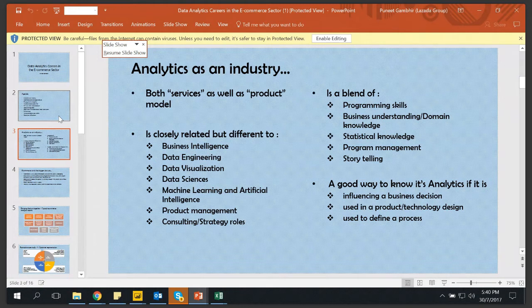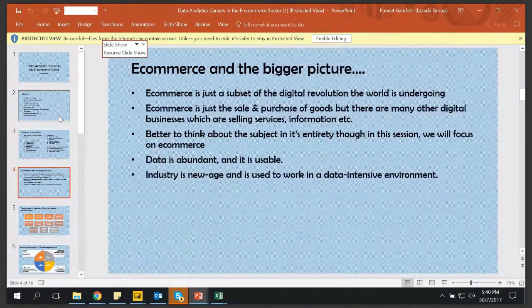So now coming to e-commerce. Again, as I said, e-commerce is just one of the fields where I happen to have some experience, and therefore I can talk about it. It's actually a subset of the whole digital revolution that the world is going through right now. E-commerce is one specific case where it's a sale of goods, but there are many other digital businesses which are non-e-commerce, but still very similar when it comes to data analytics. So it will be better to think about this subject as digital analytics rather than